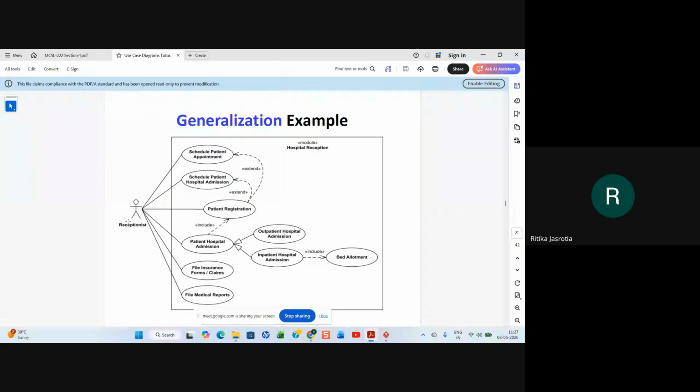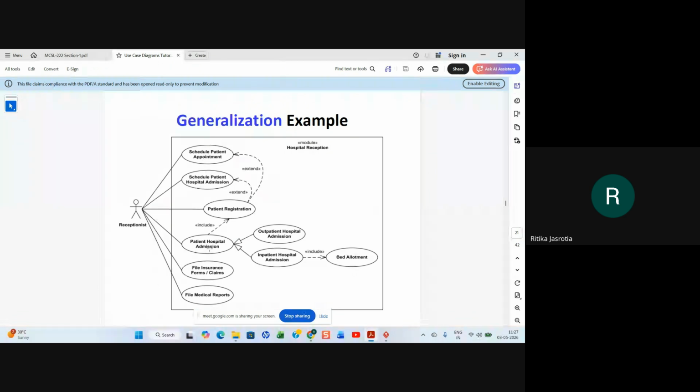So the receptionist is doing all these things. But if you see here, patient registration will extend to schedule patient hospital admission. After registration, if certain conditions are met, you will automatically extend to patient hospital admission, and patient registration will also extend to schedule patient appointment, right?